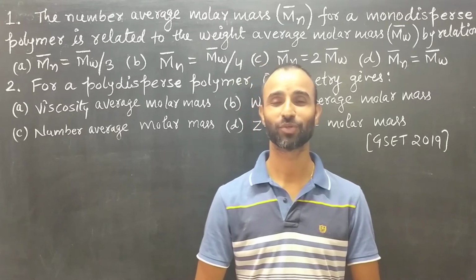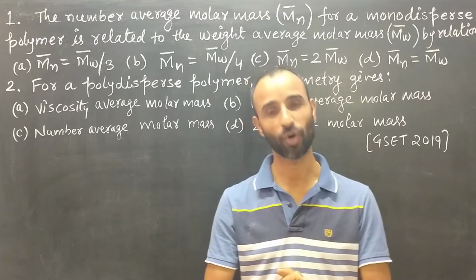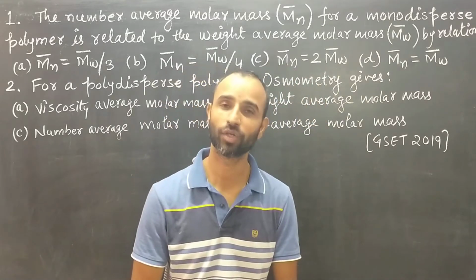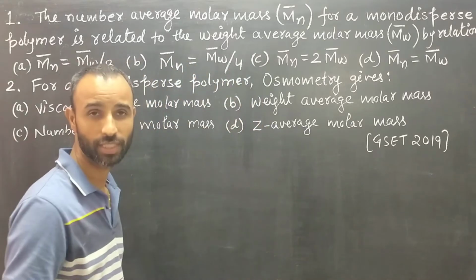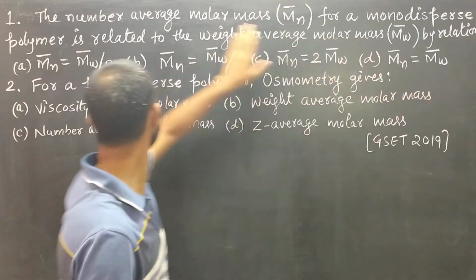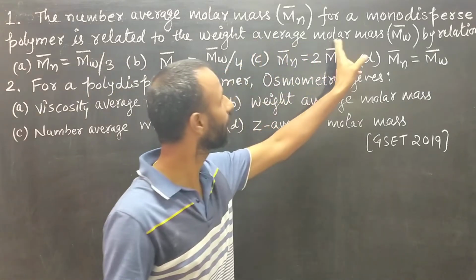Good morning friends. So today our topic is polymer. We will revise polymer through question and answer, and for that I took GSET questions. Okay. So the first question is: the number average molar mass for a monodisperse polymer is related to the weight average molar